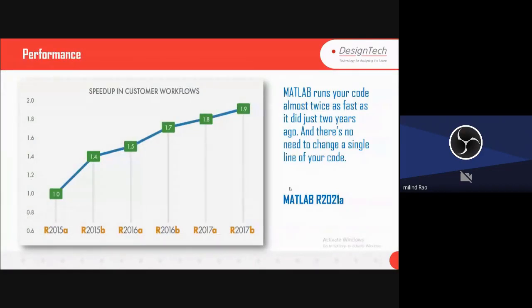Performance wise, we can see here, suppose you wrote a MATLAB program in an older or earlier version, say R2015 or R2017, or R2020. It will support the newer version also. Right now we have MATLAB R2021a, the recent version of MATLAB, which has been recently launched. MATLAB runs your code almost twice as fast, even if you created it two years ago or before that. So performance wise